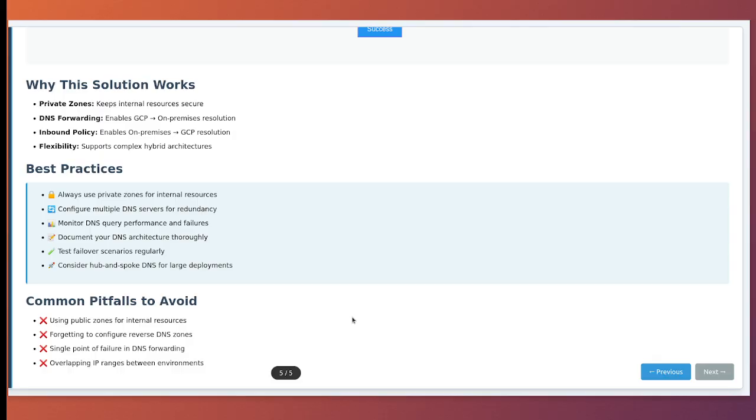Common pitfalls to avoid include: don't forget to configure reverse DNS zones for IP to name resolution. Don't use overlapping IP ranges between GCP and on-premises, as this can cause routing issues. And always test failover scenarios. For example, what happens if one of your on-premises DNS servers goes